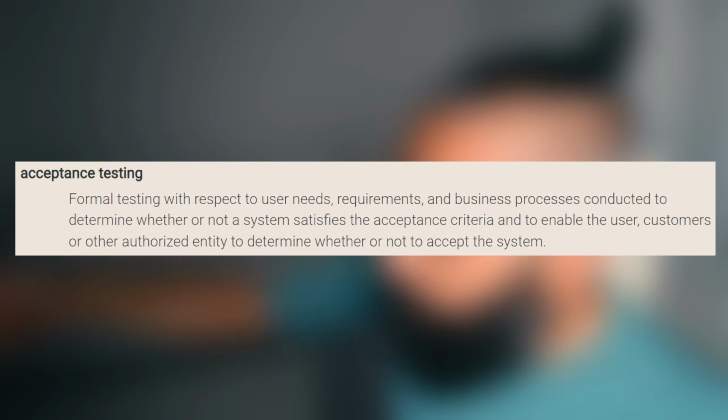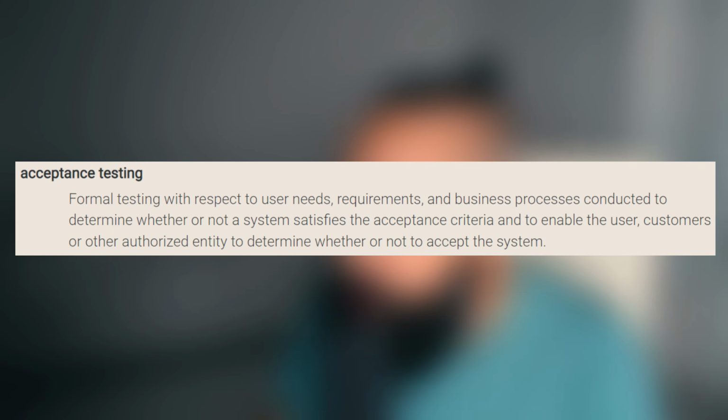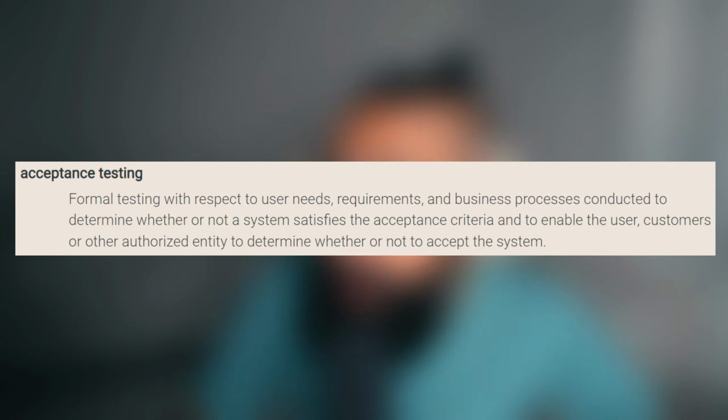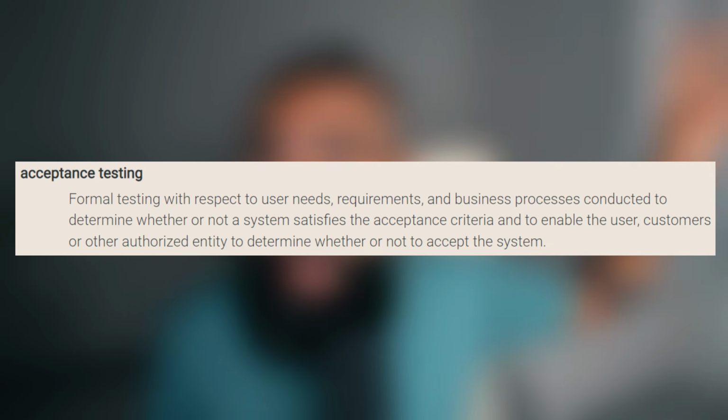Now, let's quickly read again the definition of UAT. Formal testing with respect to user needs, requirements, and business processes conducted to determine whether or not a system satisfies the acceptance criteria and to enable the user, customers, or other authorized entity to determine whether or not to accept the system. All of these things are already in the user story, except for processes, but this also can be included, the change in the process can be included in the user story. So at the start of a sprint, prior to picking up a user story, you already have all this information to enable the user to test and ensure that the final product meets the requirements, meets the acceptance criteria.